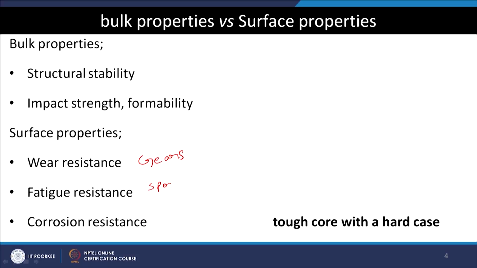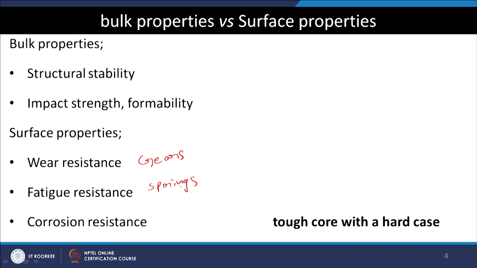If you have, for example, a spring, these springs are under constant variation in the loads they operate with. So, they should have good fatigue resistance because these springs experience cyclic loads. That is where we would like the springs to have good fatigue resistance. This also has to be engineered through the residual stress state at the surface of these springs. The other one is the corrosion resistance.